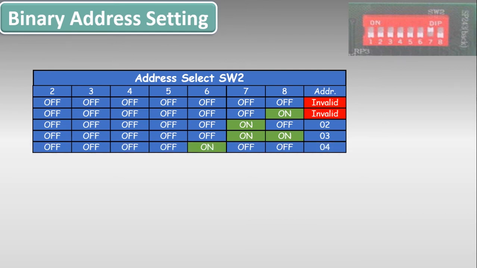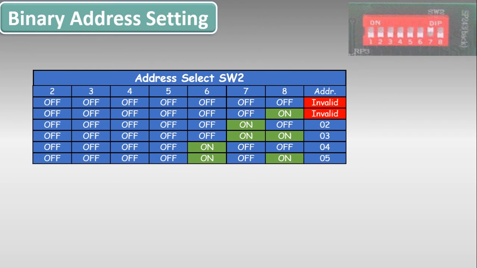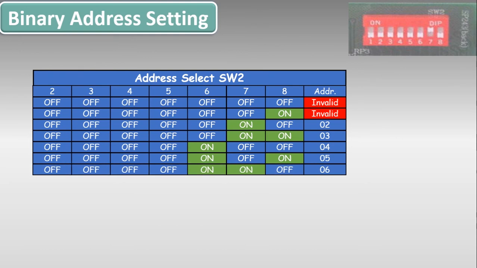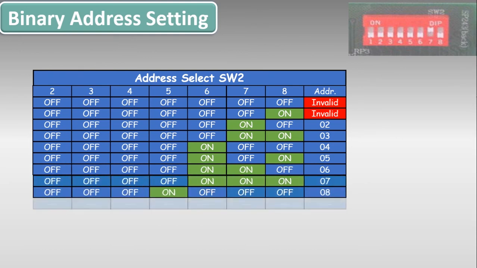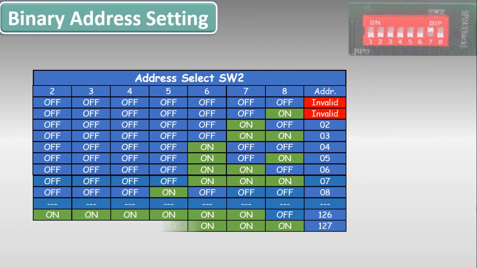As per binary coding, for address 4, only bit 6 is on. For address 05, only bit 6 and bit 8 will be on. Similarly, for addresses 06, 07, 08 up to 126 and 127, we use binary coding for the address setting of the controller.